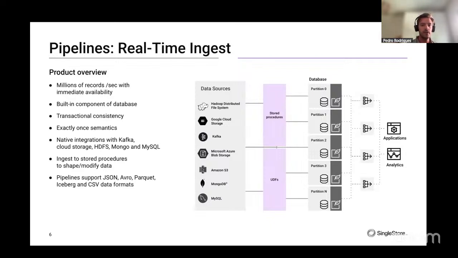To give you a better sense, we can ingest circa a million records per second with immediate availability, and this means that you can migrate your data from one platform to another, or create an ETL process without downtime. And we are very versatile. We support formats like, besides the native data types, JSON, Avro, Parquet, Iceberg, and CSV files.